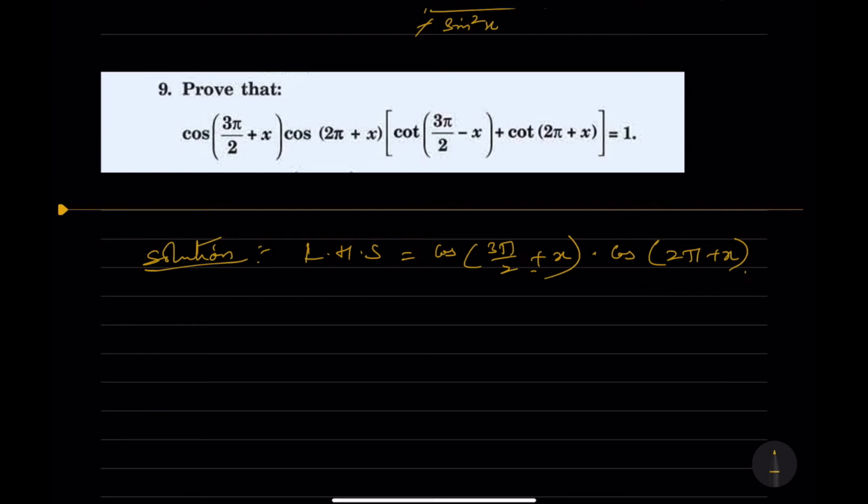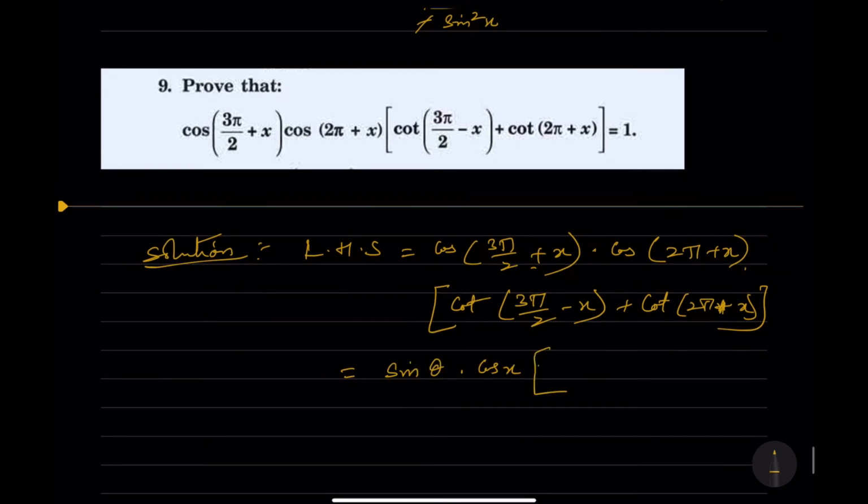So it is equal to cos(3π/2 + x) into cos(2π + x), and in the brackets you can write cot(3π/2 − x) + cot(2π + x), which is equal to sin x into cos x into tan x plus